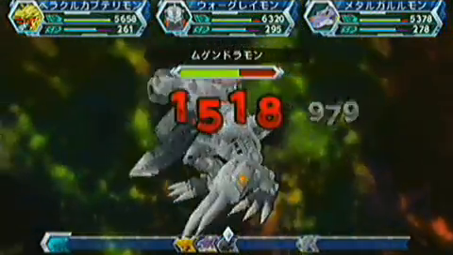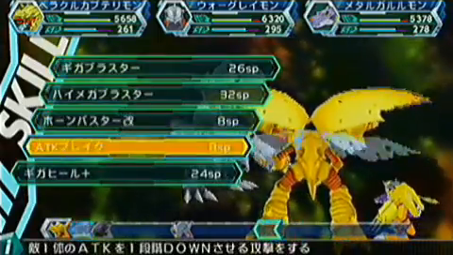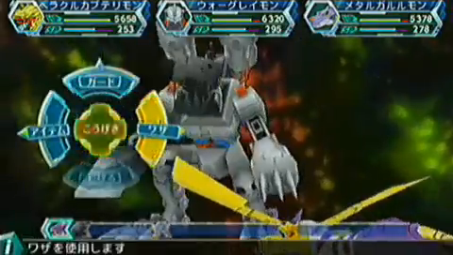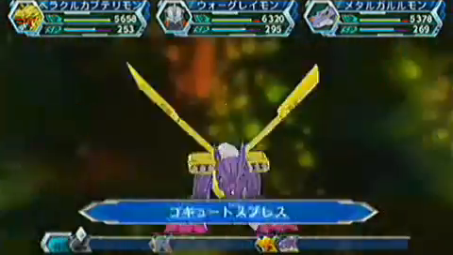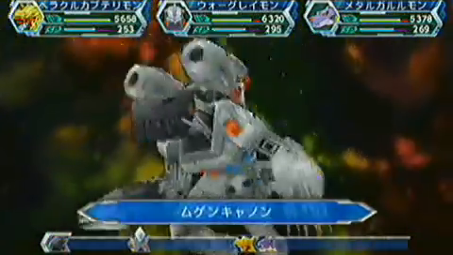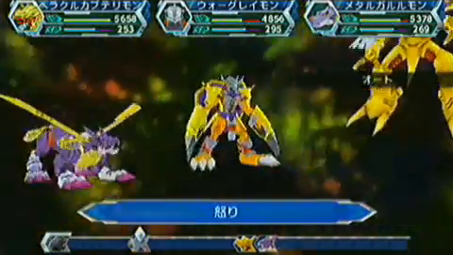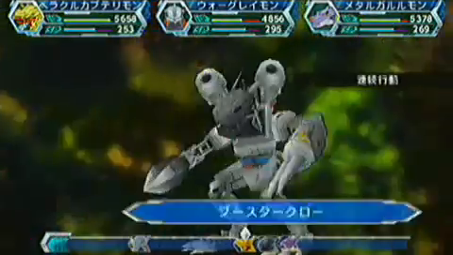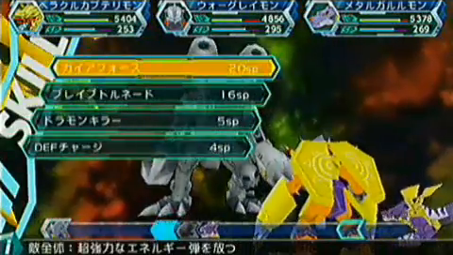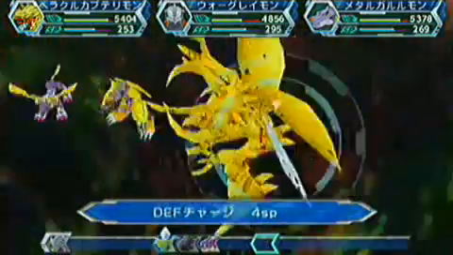But we'll keep going. We're not actually doing too badly against this guy. He's not dishing out as much damage now. And that's just like a regular slash. Definitely think at the moment HerculesKabuterimon is dishing out the least attack. Kind of disappointing really, but hey ho, what can you do? I remember when I first got the Kabuterimon, I was quite surprised at how much Hornbuster actually did. It actually did a reasonably impressive amount, but